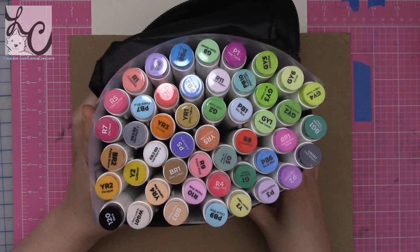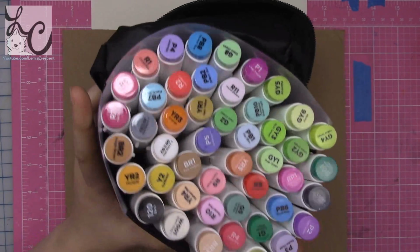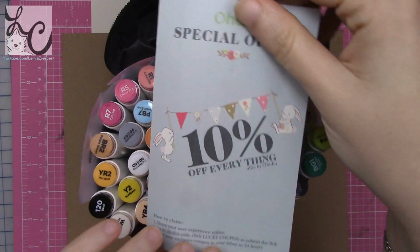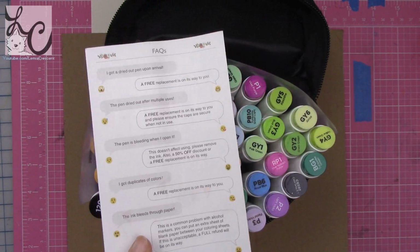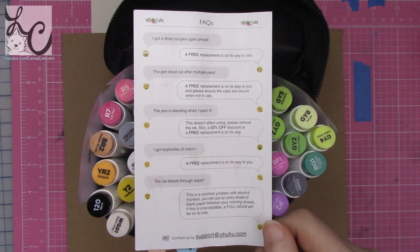And to be very clear, this has nothing to do with your skill level. You could be a professional artist who does art every day. What I mean by beginner is that you don't know if you like markers, you've never owned markers, maybe you own very few markers, and you want to figure out if this is something you want to invest in. Alcohol-based markers are very expensive, so this is just a good way to cheaply find out if this is something you want to pursue